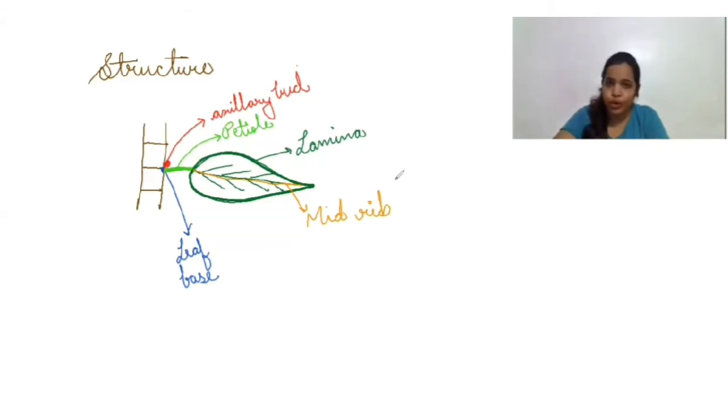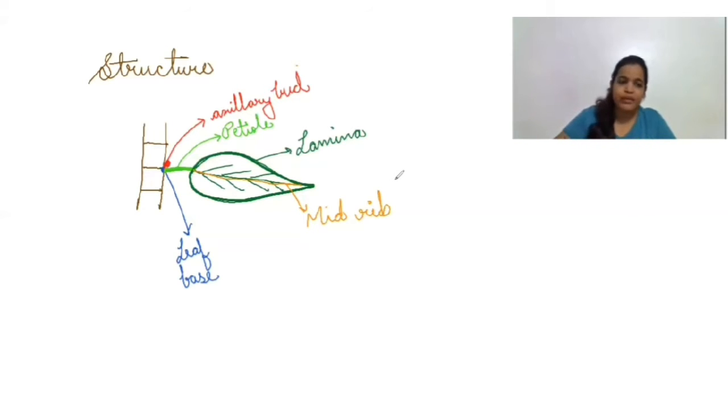Plants need water during different processes. Enzymes require water. So xylem is present to provide water to the leaves. Then phloem is there for the translocation of food from leaves to other parts, and from other parts to leaves also when plants are not performing photosynthesis. So this is the basic structure of the leaf.